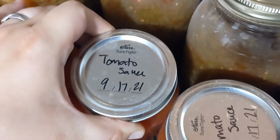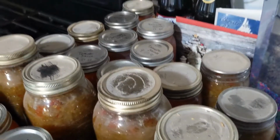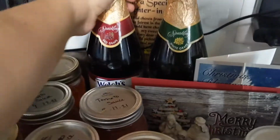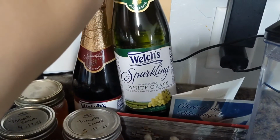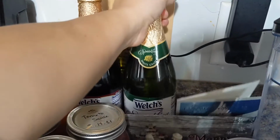This is just real life, everybody. So I'm going to be wiping down all of this stuff and hopefully get it into more of a rotation so that we can use it. Those weren't over there. These are just what we bought for Christmas for the kids, for some fun. Sparkling cider, non-alcoholic of course, because we're going to share with our